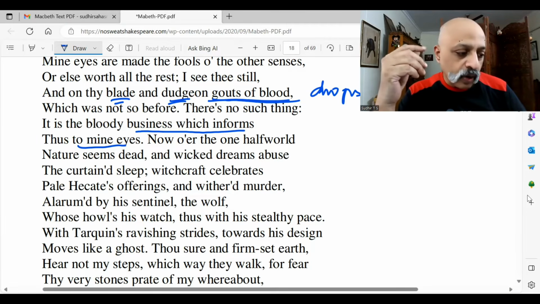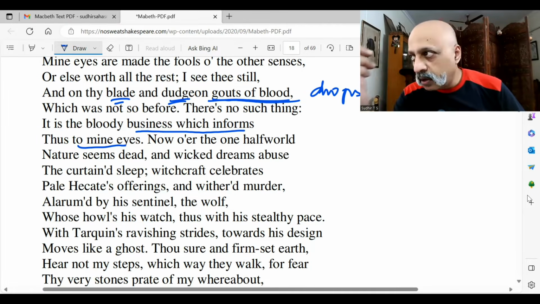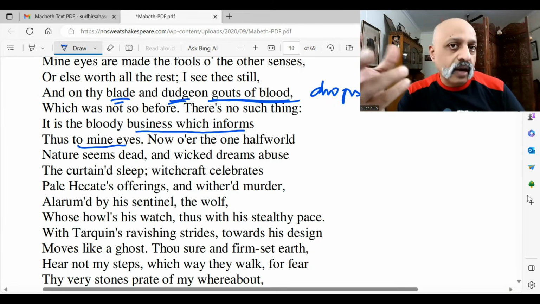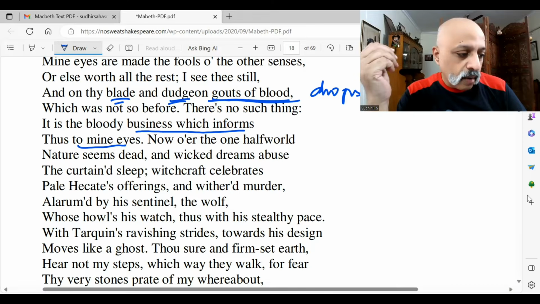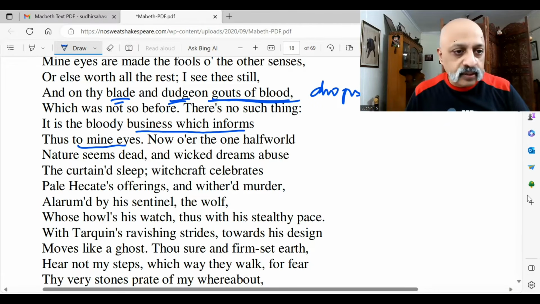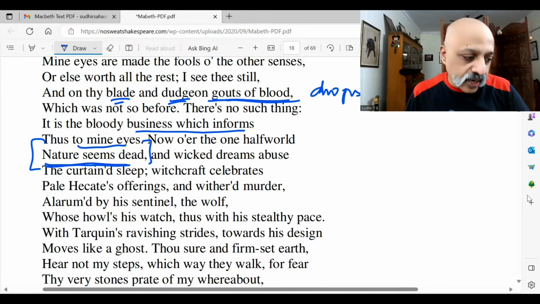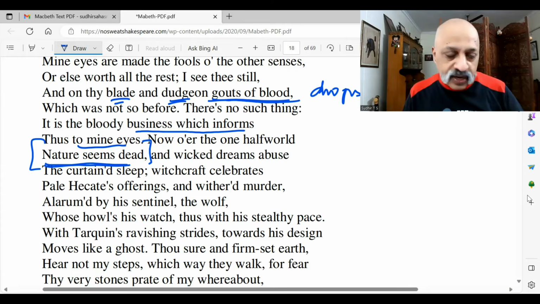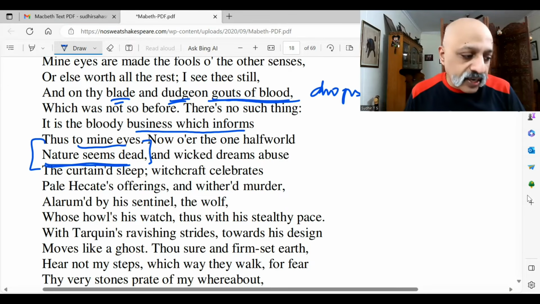Okay, so what does it mean? You need to remember this, because even this can come as a 5-mark question in your paper. So he says that now over the one half world nature seems dead. Now what does this particular part mean? Why does he say nature seems dead? Now, it is a reference to the effect of light and darkness, of the darkness in particular, the silence of the night, because one half world, nature seems dead because it is night, and half the world is in darkness